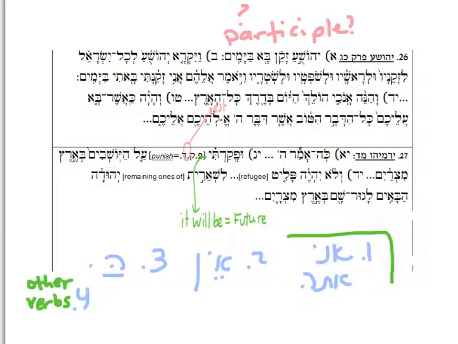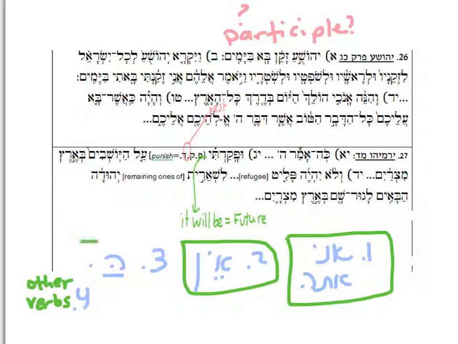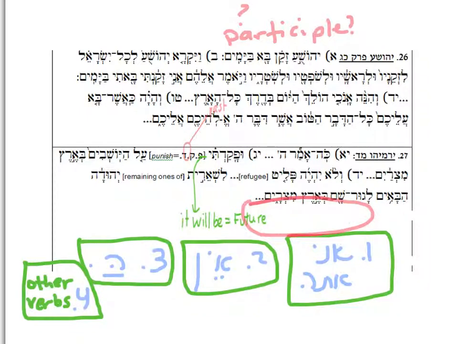Is there an ani or ata in the pasuk right before ba? No. Do I have ein right before it? No. Do I have a ha right before it? No. So when all other tricks fail, they don't work in the pasuk, I look at the other verbs, and I have one other verb that comes right before it, v'haya. What was v'haya we mentioned is future tense, right? So ba is probably going to be a participle describing the future. So it will